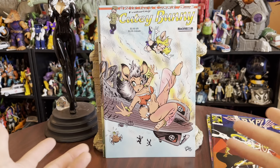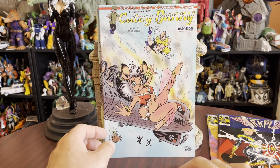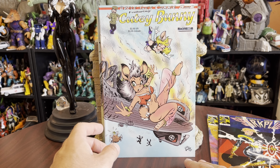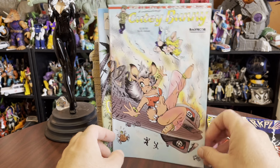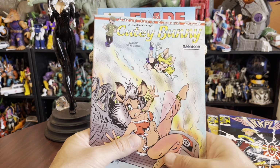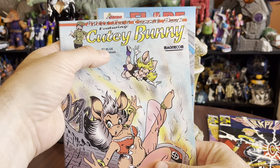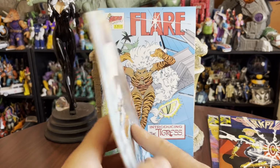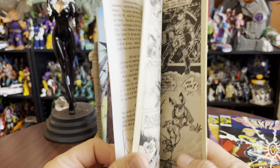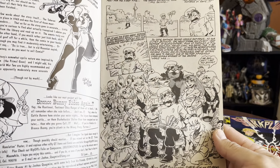I'm not very familiar with all of Heroic's stuff except for Flare, Tigress, a couple other books. And next up, we have another Cutie Bunny book, and this is from a different publisher. So this is Uncle Joe's comic book. I don't know who's publishing this, but we'll take a look at it. It looks to be more of the same, similar Cutie Bunny type